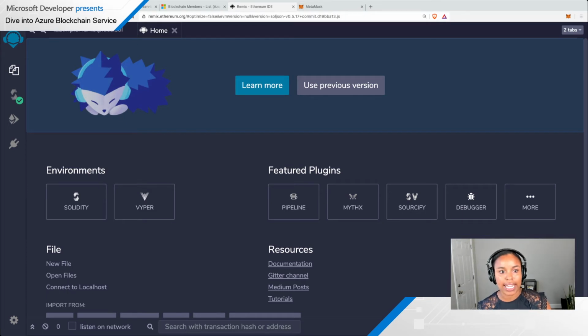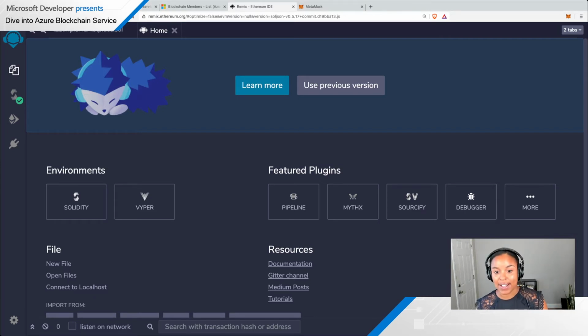And if you want to try Remix out, you can go to remix.ethereum.org. Remix is a really nice, powerful open source tool that helps you write Solidity contracts. You can use this straight from the browser. You can use this locally. I think the really convenient thing about using the browser is that you can pretty much get started instantly, right? I just came here, I didn't have to log in or anything,